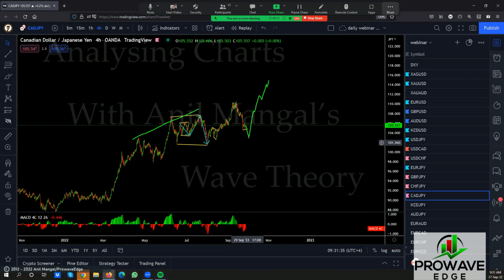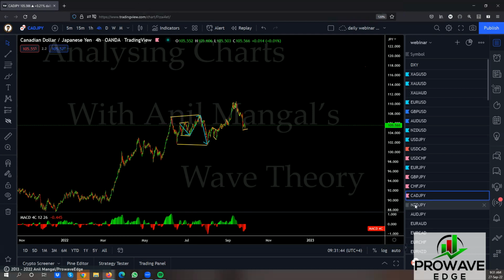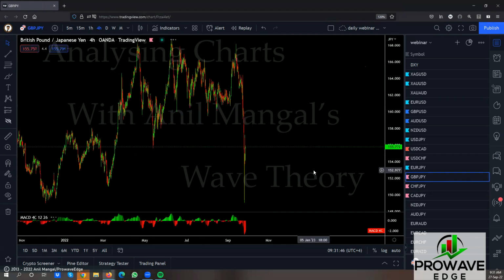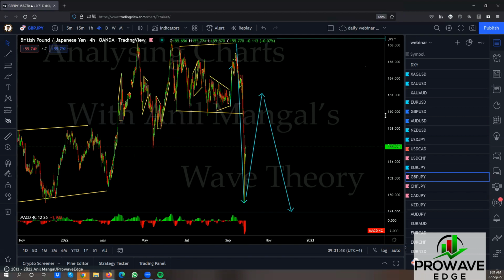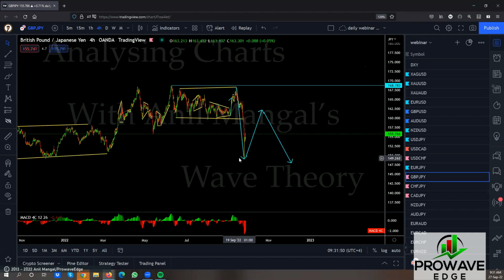If we consider this a running flat, right? We had it on New Zealandian. I think the Pongian had one too. Yeah, but the Pongian one is slightly different now because it broke the low, right? We think it would stop here and go back up and then come back down. So it came lower. That doesn't change structurally anything. It just changes the way the pattern develops. So a different pattern, which means from a running flat to an expanding flat or something like that.